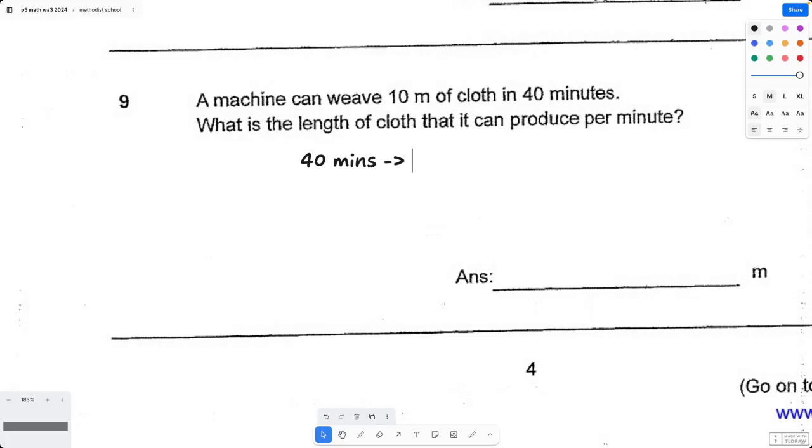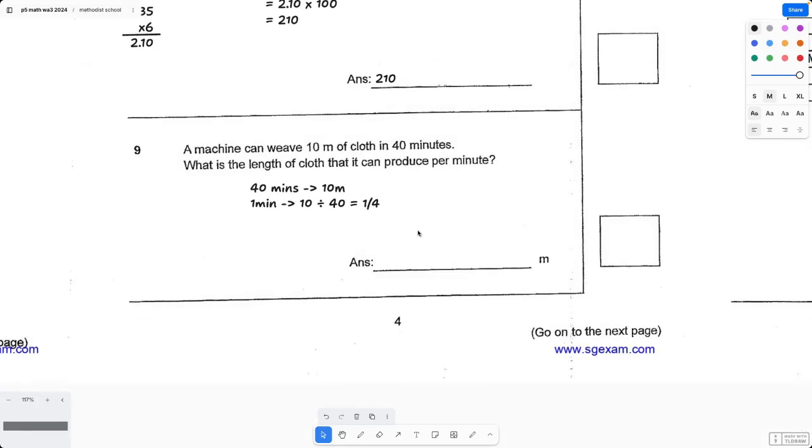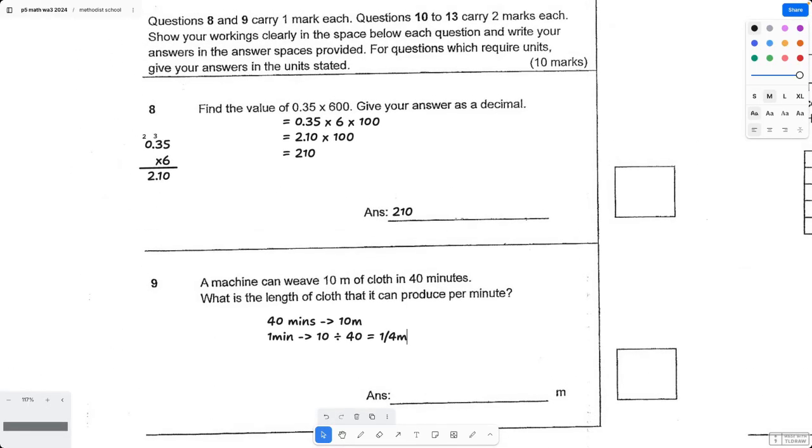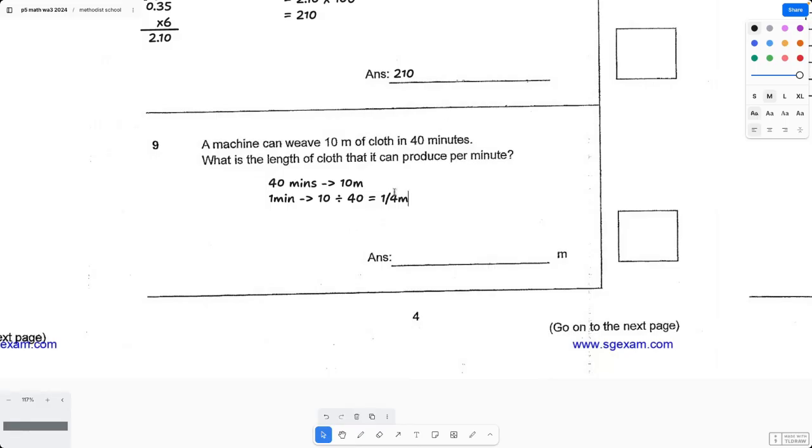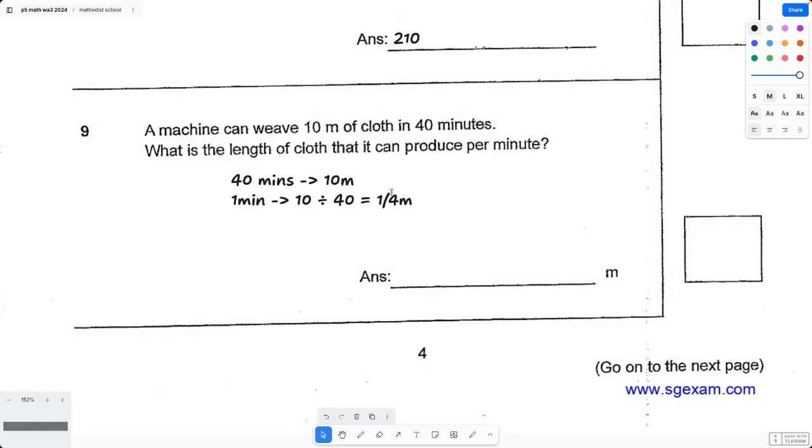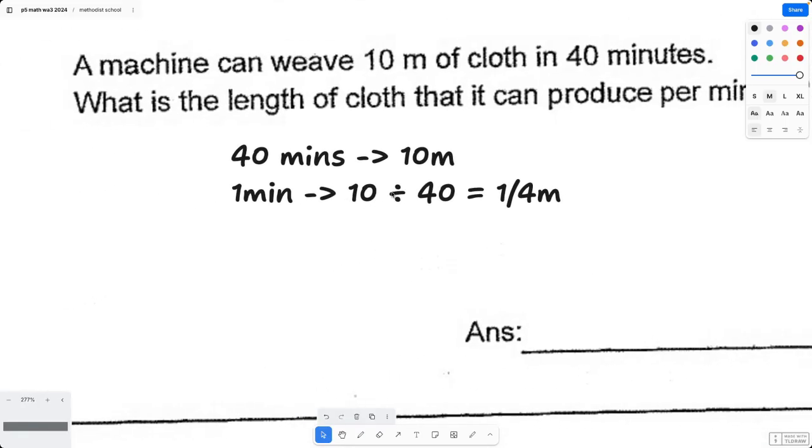Okay, it can produce 10 meters. Then what we want to do is get the amount per minute. So 1 minute is basically 10 meters divided by 40. In this case, you can either put 1 over 4 meters, because it doesn't really specify whether to give the answer in fractions or decimal. 1 over 4 meters is acceptable,